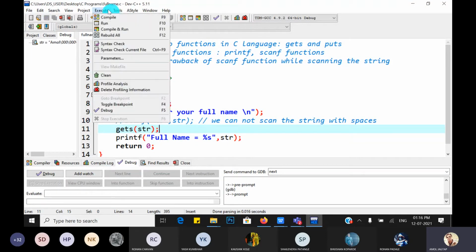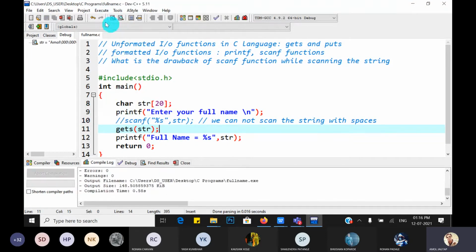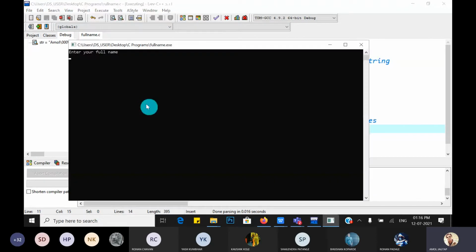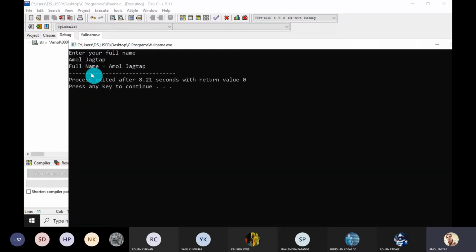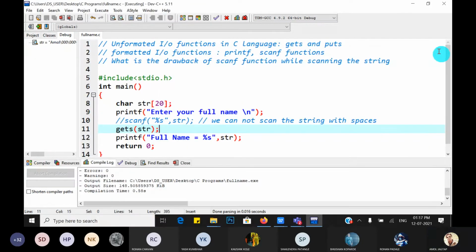Great. Now check whether it gives the correct output or not as per our requirement. So first compile it, then run it. So enter your name. Amol space Jagtap and press enter. Great. So what is the output on the console? Full name is equal to Amol space Jagtap. So the problem gets solved using the gets function.